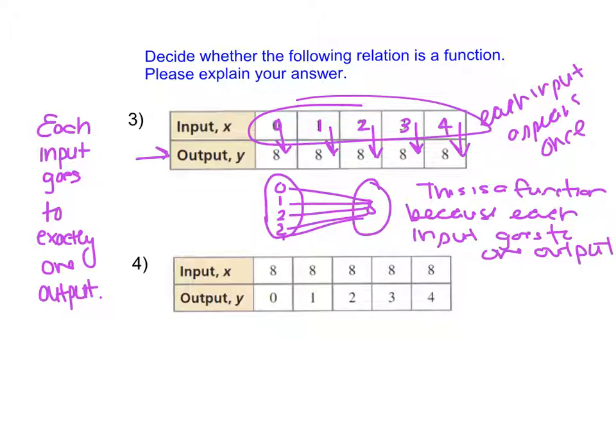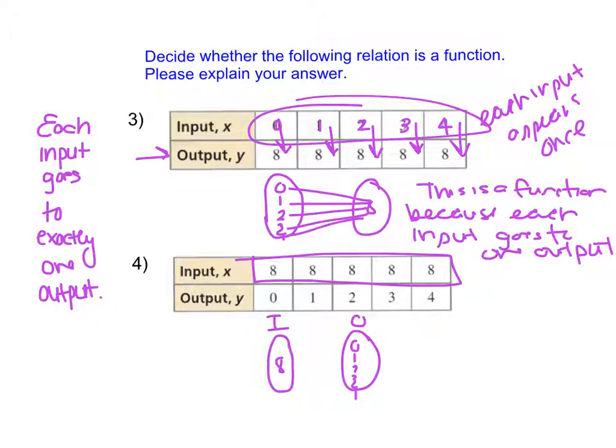Now if we look down here in example 4, what I notice is I have 5 of the same input value. If I were to create a mapping diagram of this, I would have 8 in my inputs, and 0, 1, 2, 3, and 4 in my outputs. So 8 will go to 0, 1, 2, 3, and 4. My input of 8 has 5 outputs. And what this means is that this is not a function because each input can only go to one output. Here we have an input going to 5 outputs. So we would say this is not a function